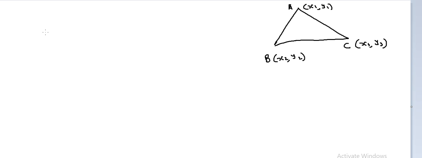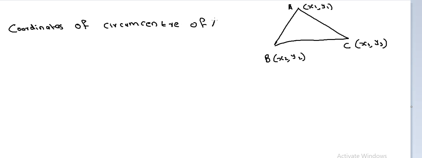Then what is the circumcenter of the triangle? The coordinates of circumcenter of triangle ABC are given by